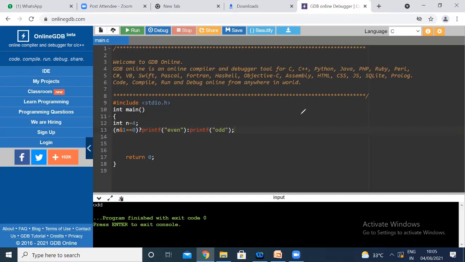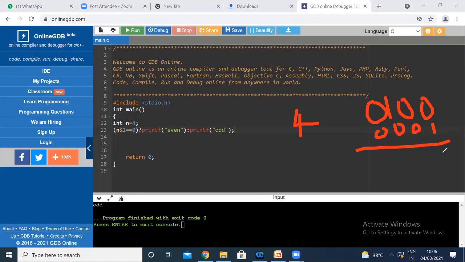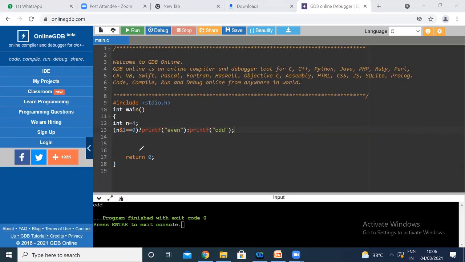n is 4, no? 4 means 0, 1, 0, 0. 0, 0, 0, 1. All zeros only. Why is it not executing? Okay, fine. Let us take 4 is equal to 0, 1, 0, 0. And I'm doing it with 0.